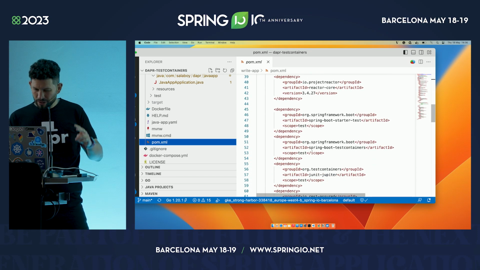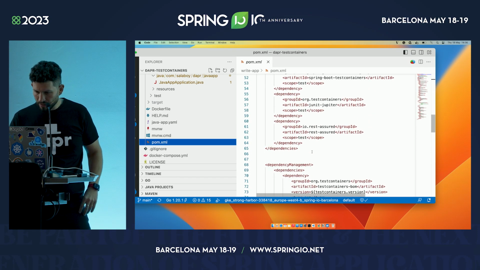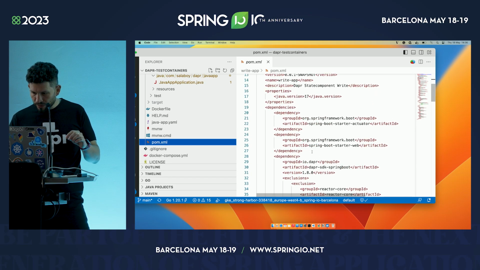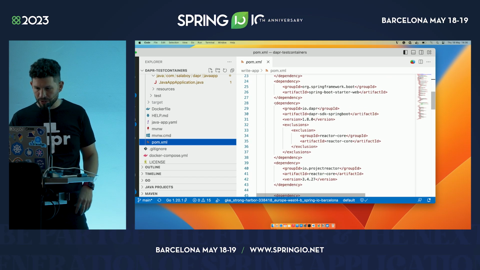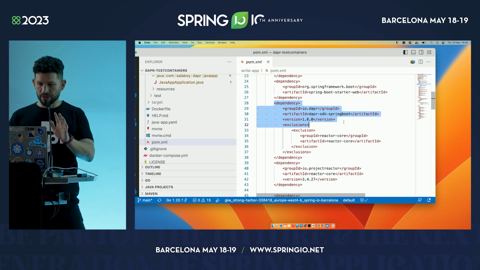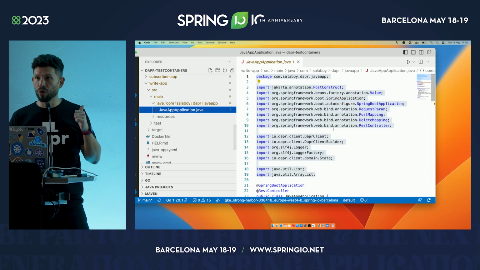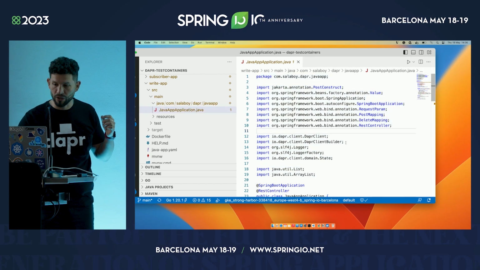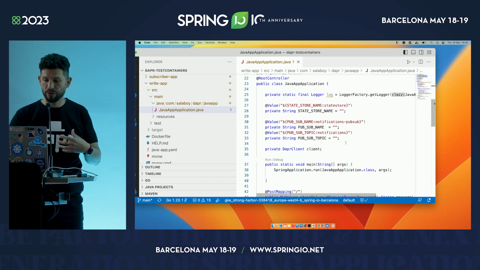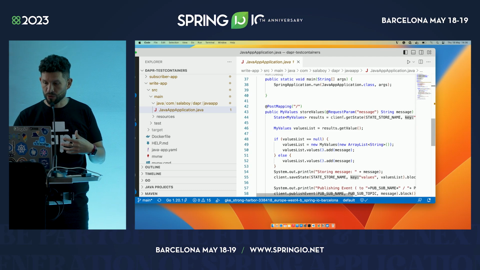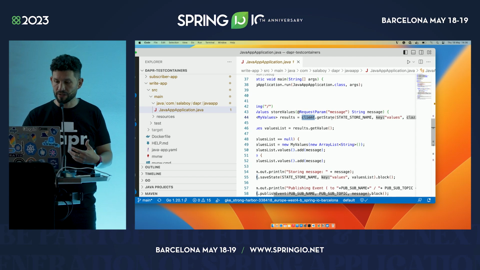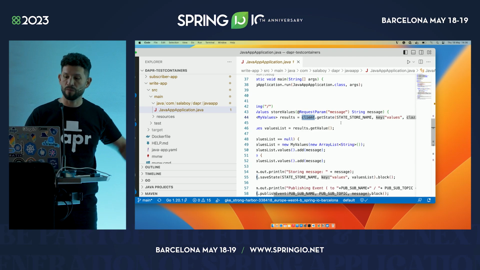But I am, let's say, cheating a bit, just a bit. I think that I have the Dapr client somewhere, right? Like I have this dependency here. I have the Dapr SDK for Spring Boot. This is extremely optional, right? I'm only including this Dapr client because I wanted to make my life as a developer a little bit easier, right? So I can do something like, Dapr client get state just to get the information out of the database.